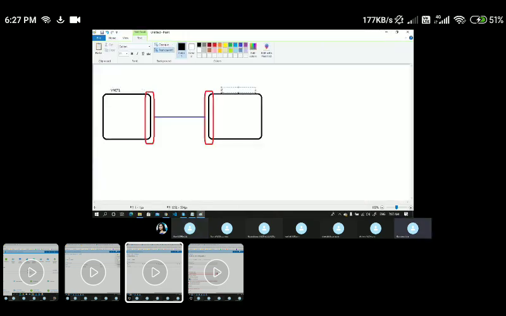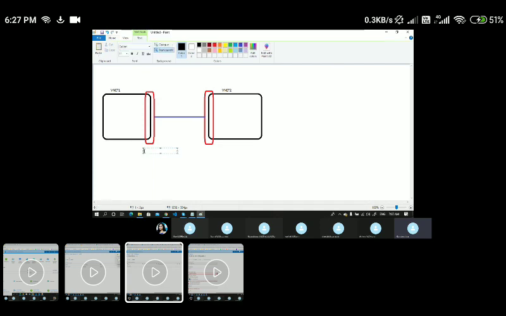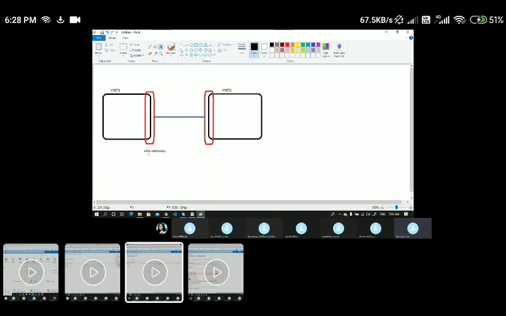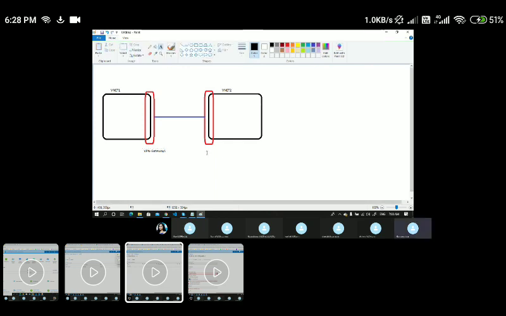So it's my VNet 2. This is my VPN gateway, VPN gateway 1. And this is my VPN gateway 2.